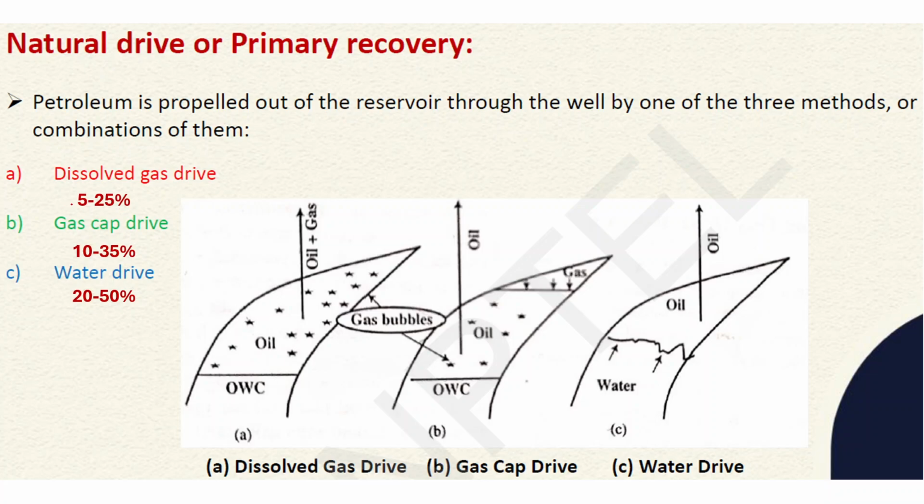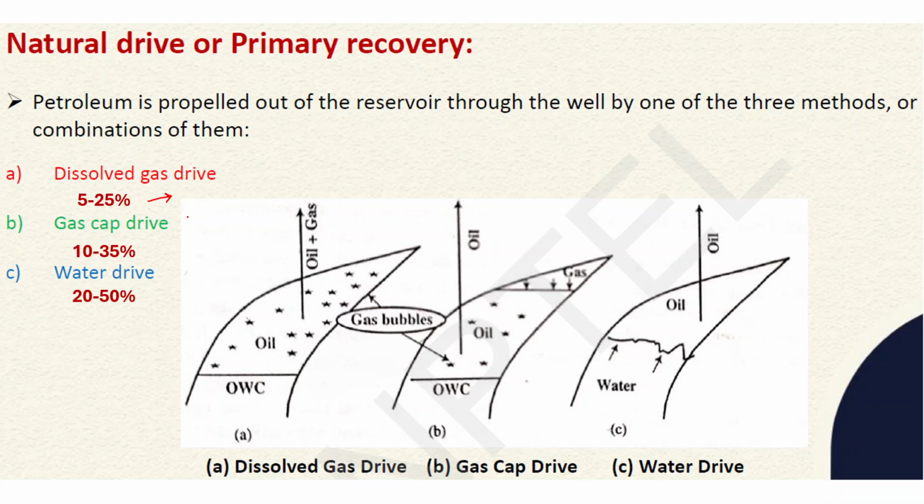It is basically 5 to 25% of oil that is released in the form of dissolved gas drive. Basically, whatever gases are dissolved in the crude oil get released as soon as the pressure is released by digging of the well. Then the second one is the gas cap drive,